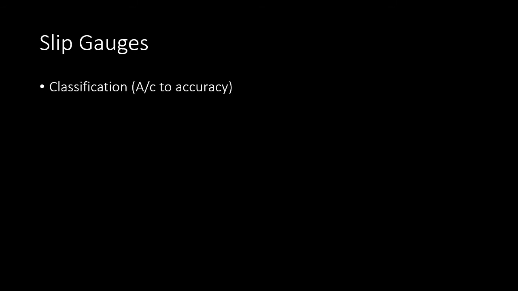Slip gauges are classified based upon their accuracy, and there are several grades of slip gauges. The lowest accuracy grade is grade 2, and this is a workshop grade. The slip gauges of grade 2 are used for setting up machine tools, positioning milling cutters, and checking mechanical widths. Then the next accurate grade is grade 1. It is used for more precise work, such as setting up sine bars, checking gap gauges, and setting dial test indicators to 0.